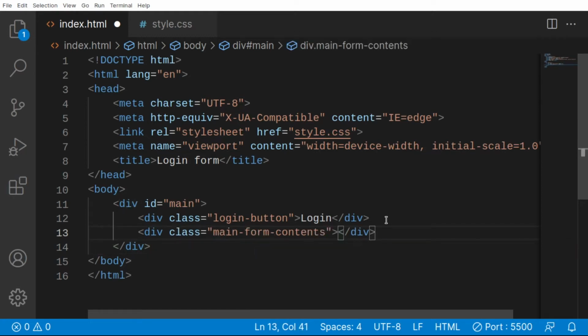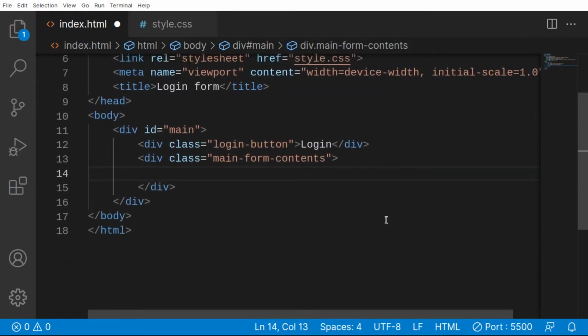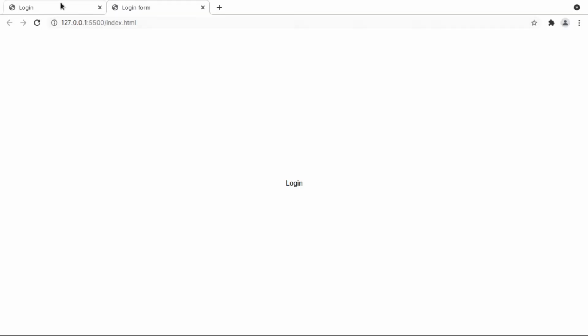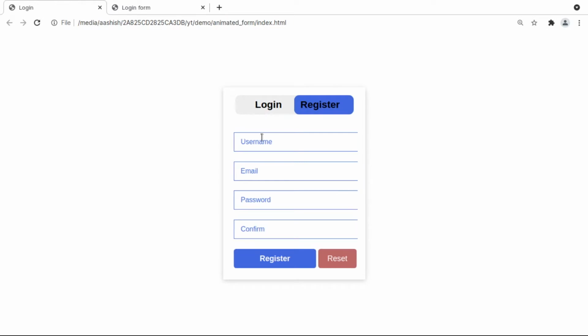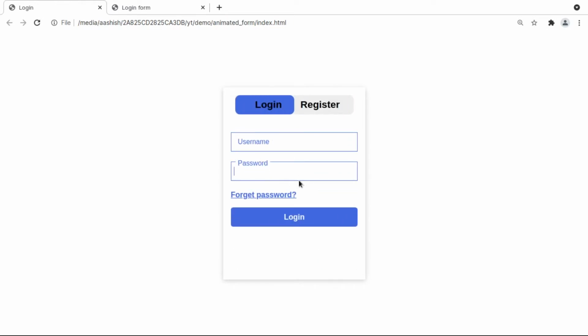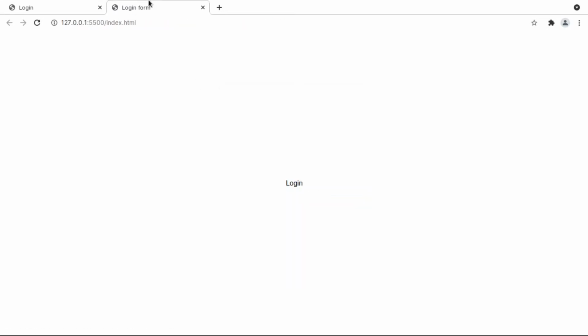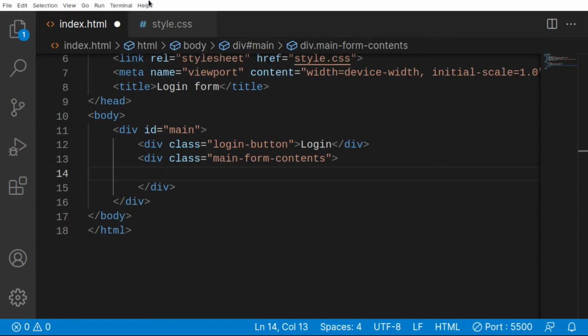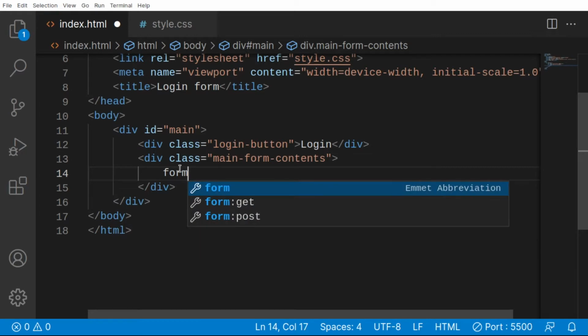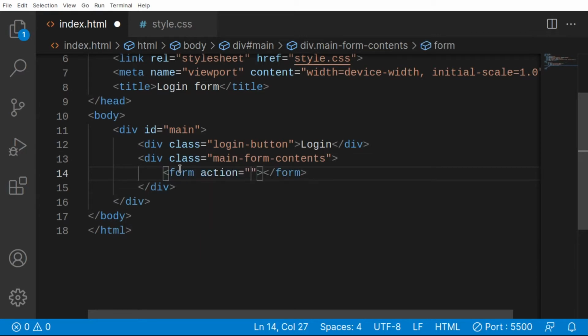Hit enter and here we go, we have our form contents, and inside in here we are just going to put all of our input tags, some buttons and many more things, these labels, buttons, forgot password and login. So inside in there we are going to put everything. So that means we need to have our form tag. Obviously we are making the form, so we need a form tag in here,